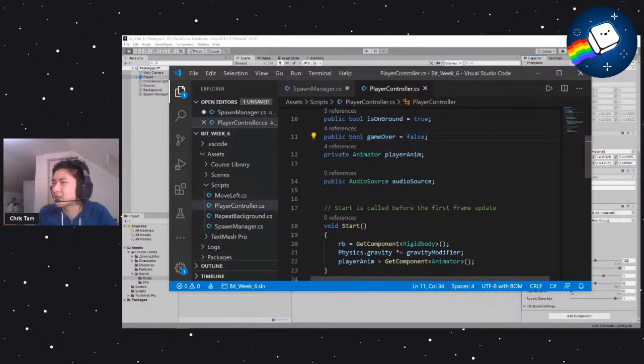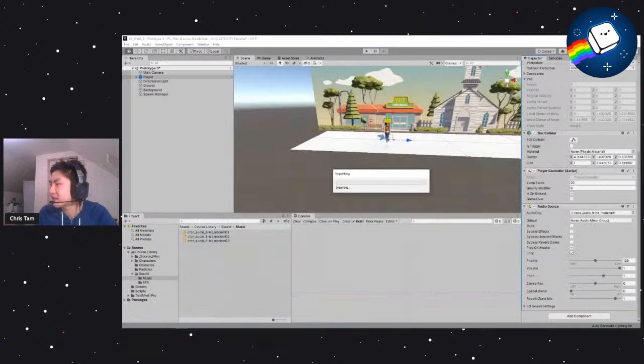This is the first way to do it. Of course, when we declare a variable public in a C# script in Unity, we will be able to see that in the inspector. So just wait for this to load, and there should be a little field in our player controller script that takes an audio source as an argument. All right. That might take a bit. I mean, I only added like a line of code, but